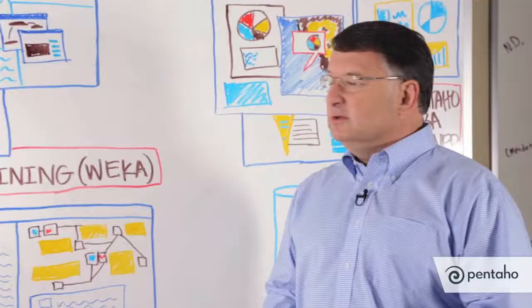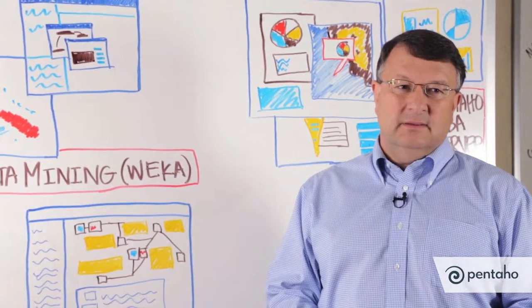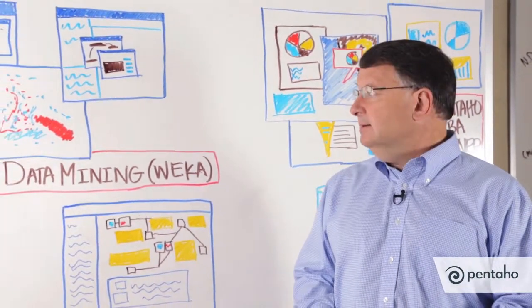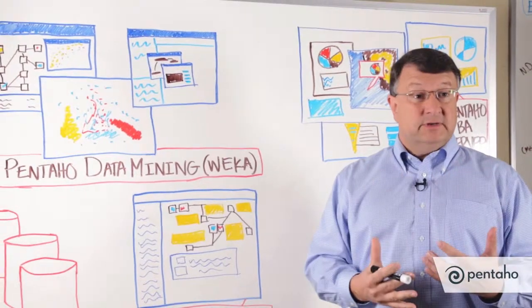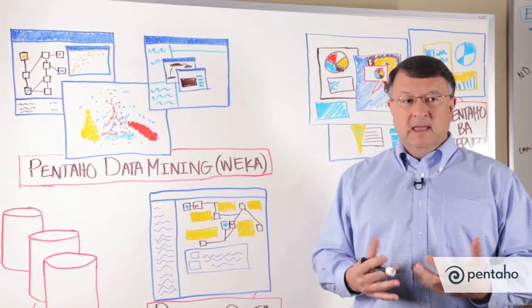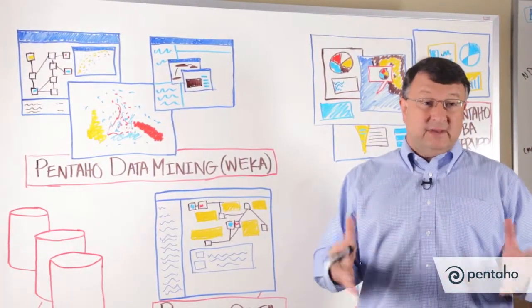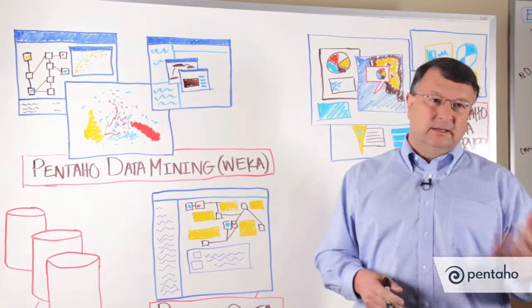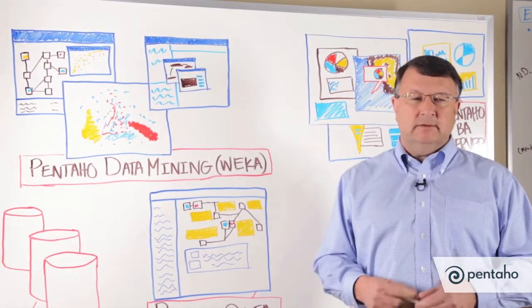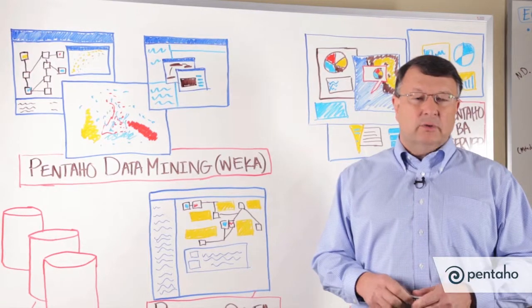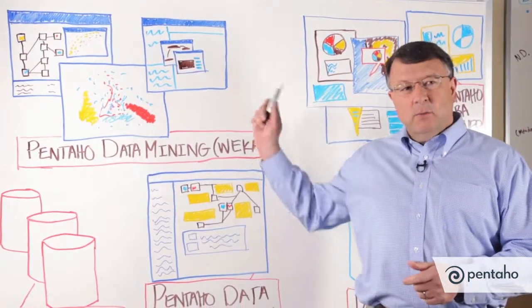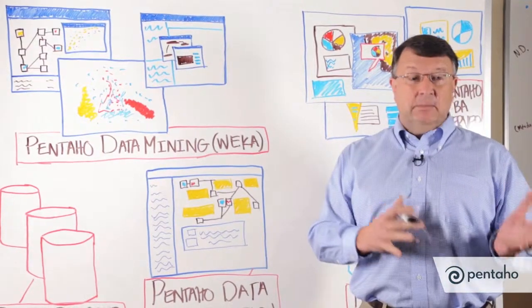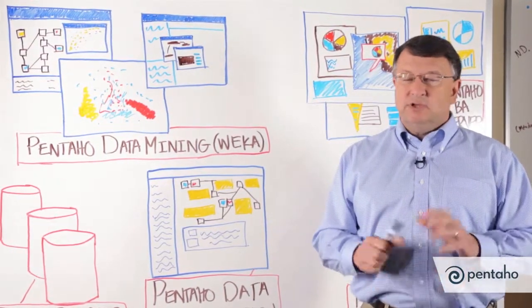The first thing we're going to do is create a model using Pentaho Data Mining, also known as Weka. What Weka allows you to do is to profile your data, filter your data, and then use different classification algorithms. So things like linear regression, logistic regression, Bayes network algorithms, decision trees, rule engines, and so forth. And Weka will allow you to compare the outputs of those different models to see which one is best for